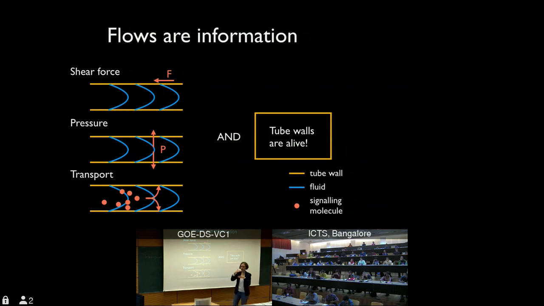Now, the key is that's not only true for the one tube that I'm looking at, but if I zoom out again into a network, and I look at the dynamics of an incompressible fluid, the flows are globally coupled. And hence, by dilating a single tube, I actually change the flow throughout the network. And hence, also in a very distant tube, the shear force acting on the tube wall will have changed because